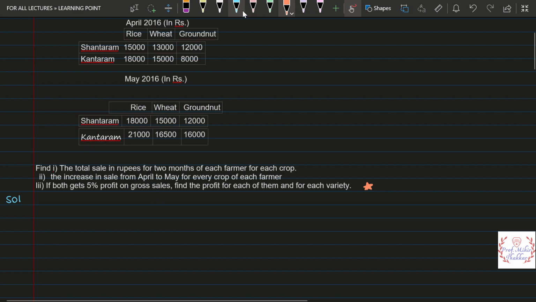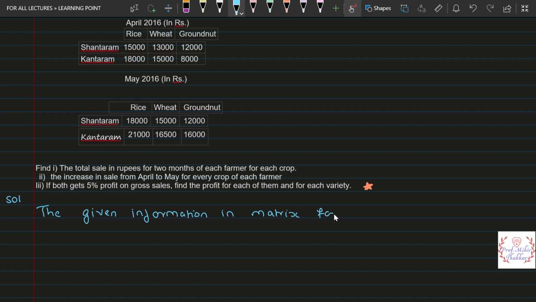So we say over here that the given information in matrix form is, for the month of April, the values are